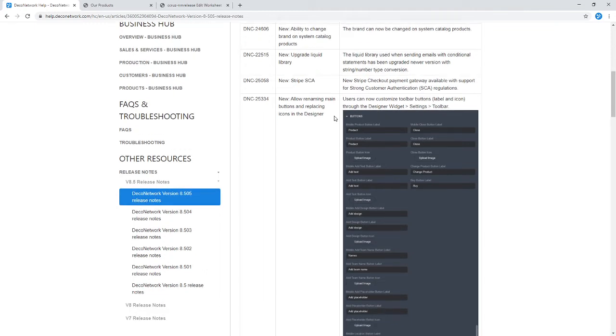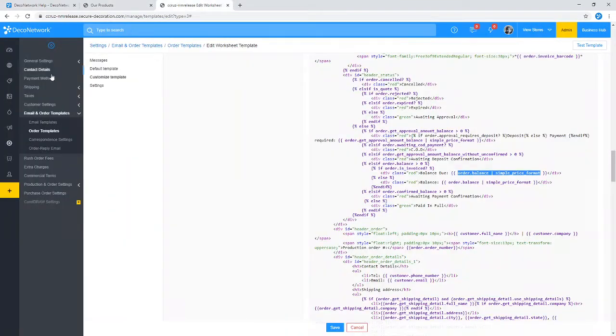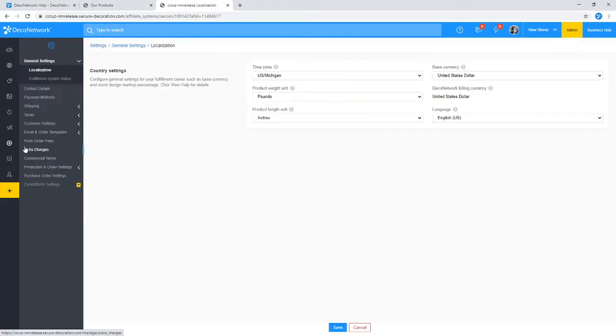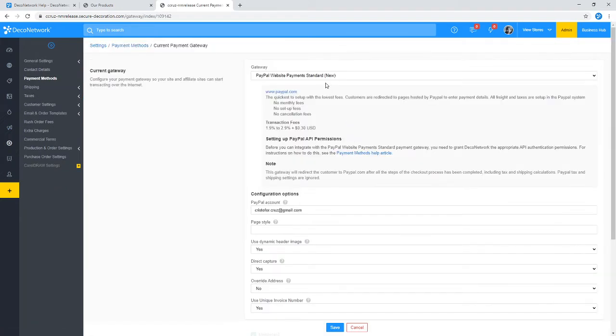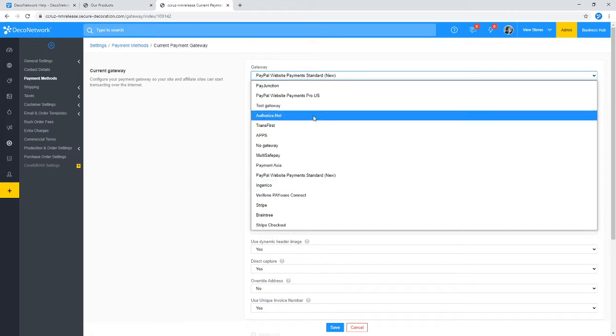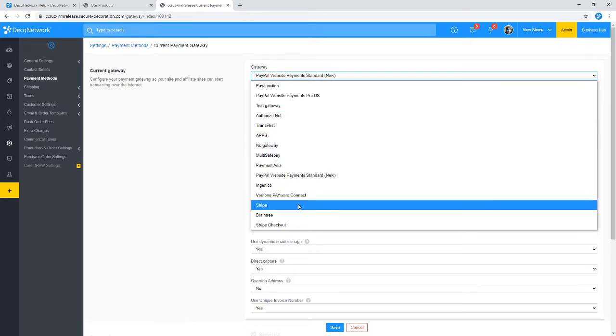All right, next improvement down the line is a new payment gateway. So for some time, we've already had the Stripe payment gateway available. Let's go ahead and take a look under Settings, Payment Methods, and we'll press Edit here. All right, so again, we've already had Stripe for quite some time,